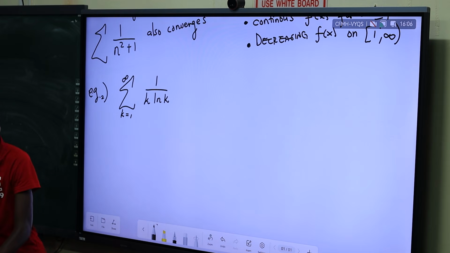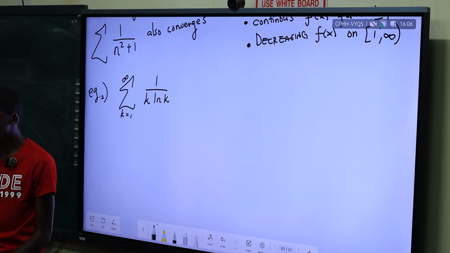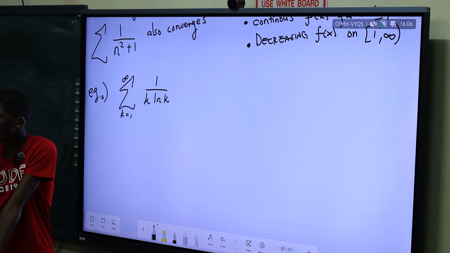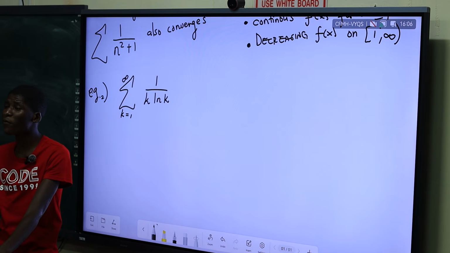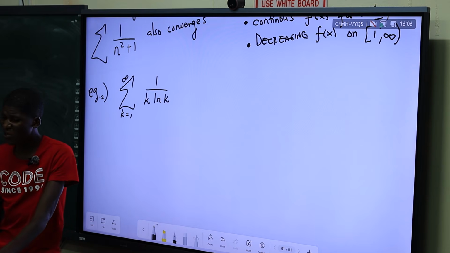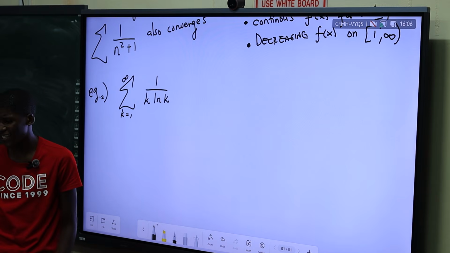First of all, your integral must be easy to solve, number one. If you see that you cannot solve the integral, please don't attempt it. Try to see the minimum possible methods that you can do besides the integral test, if you are having problems with integrals. But as a former calculus 2 student, you must know how to work with integrals. You will still work with them this year, and you're going to do double integrals. So there is no way of bypassing the integral.